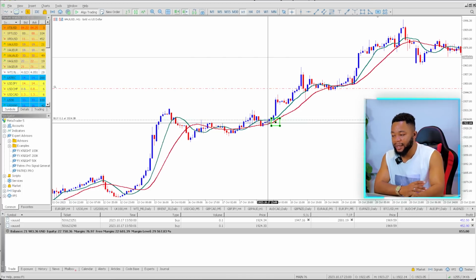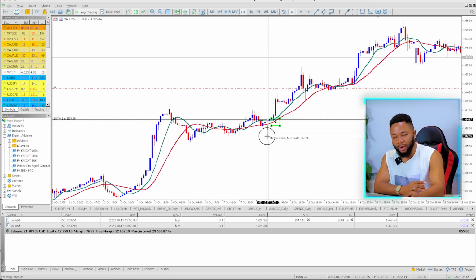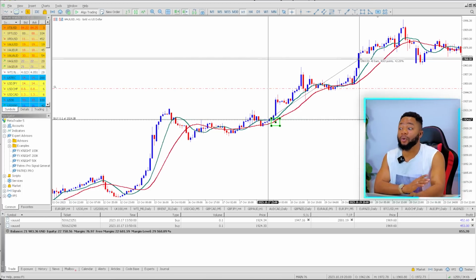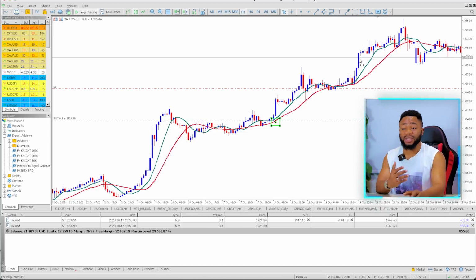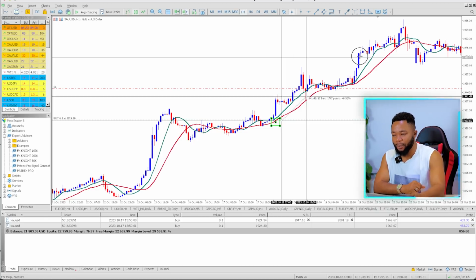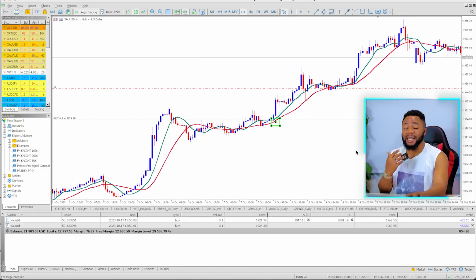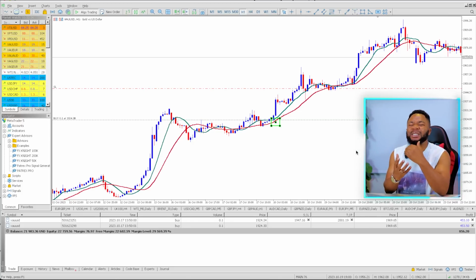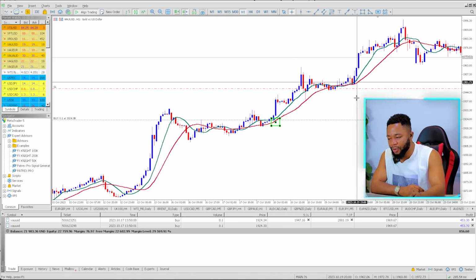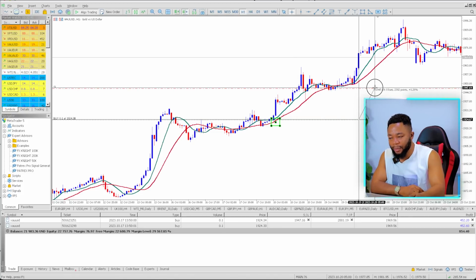I bought somewhere here. My stop loss was around 100 pips, and it was a swing trade. I was going for almost about 600 pips. You can see we've already gone up by almost 600, and we went up by about 700 pips because when the market started going up, I saw on the daily time frame that we still have a lot of room to go. So I started trailing my stop, and as of now, we've already locked in almost about 300